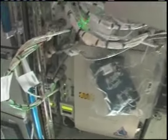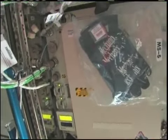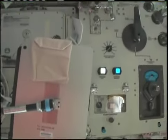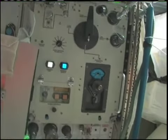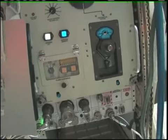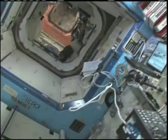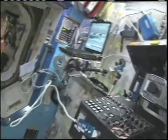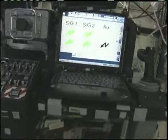Also, we have a glacier freezer. That's not for food, it's for biological samples. And we also have a potable water dispenser, which isn't certified for use yet, but in the future, this is what we're going to be able to use to fill our drink bags and rehydrate our food. That's on the ceiling, by the way. We can definitely use 3 dimensions in space. So even though this is a big space station, it's even bigger because we use the ceiling and the floors